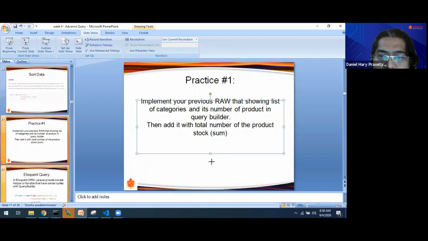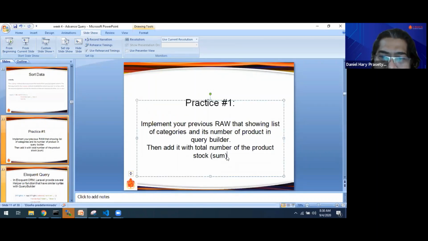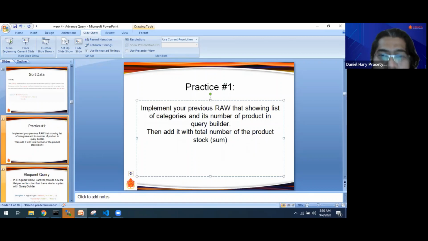sorry, I will give the hint. We can use select raw for the aggregate.